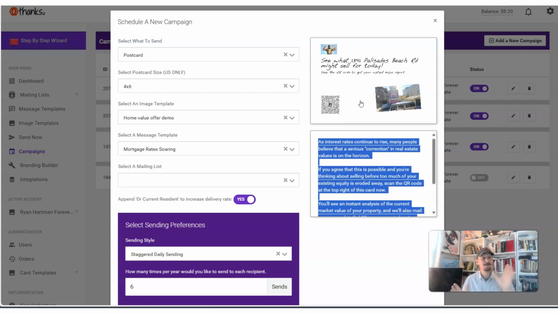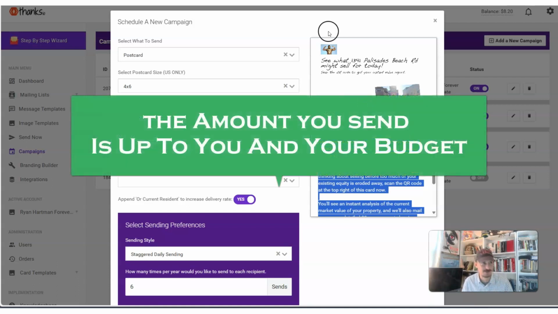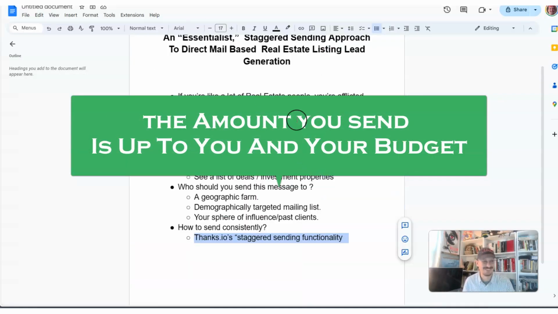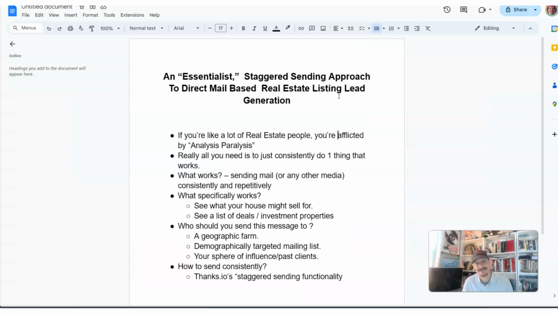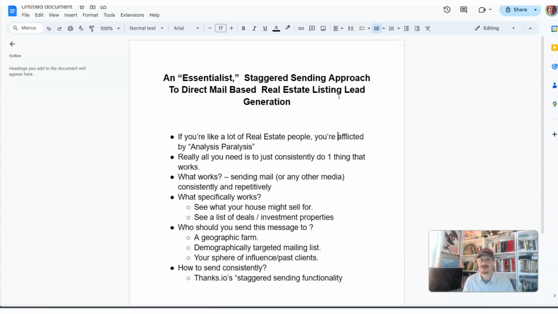get something different. But I promise you, if you can take 1,000 people today, 100 people today, whatever it is, and send them 4 to 12 pieces of mail in the next year, good things will happen. And I'm hoping you're nodding your head saying, yes, consistency. I don't need to be confused here. I just need to pick something and do it and move on to the next thing in my business, instead